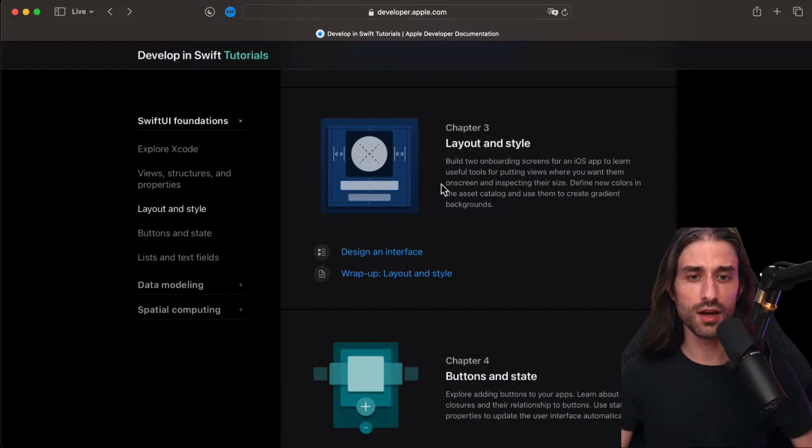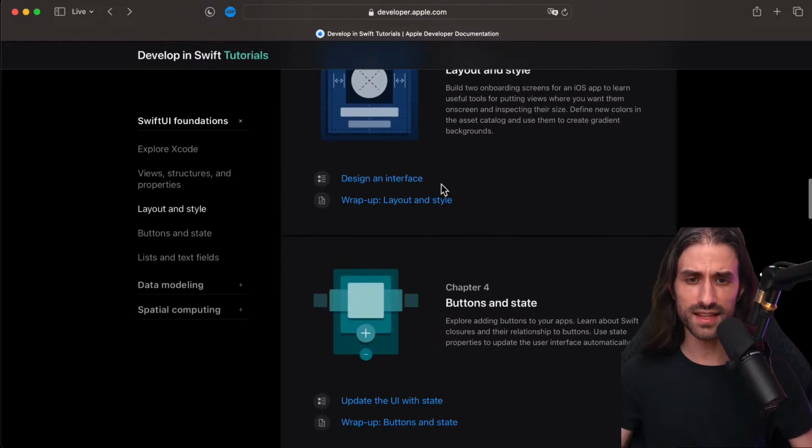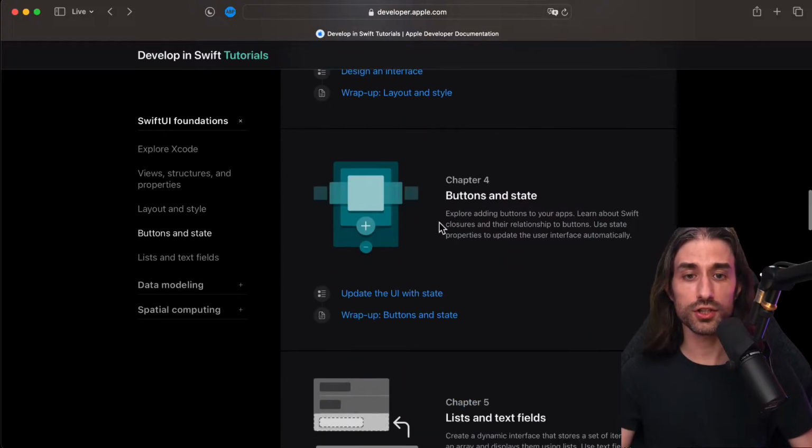So by styling, we mean things like setting a given font, a given color, everything that is about how the information is presented. And today, we're going to cover chapter 4, which is about buttons and state.